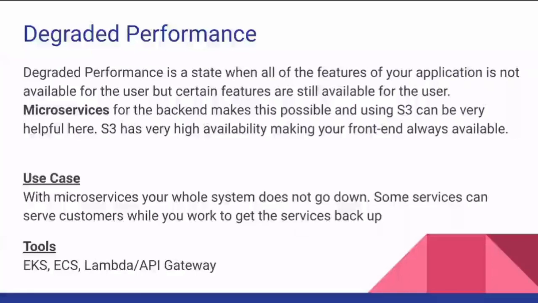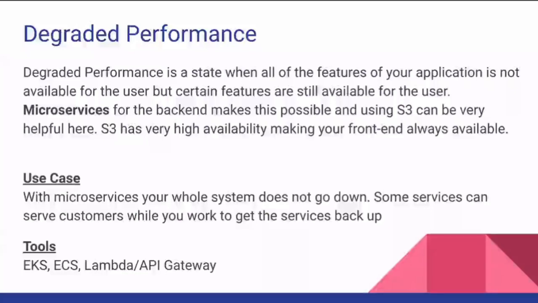Now for the AWS tools that you can use to implement microservices, you have EKS, which is the AWS version of Kubernetes. Kubernetes helps you to deploy, manage, and orchestrate containers in a microservice architecture. You have AWS ECS, which is AWS Elastic Container Service, which contains Fargate for serverless and also normal EC2 instances. And then you have the serverless Lambda/API Gateway integration, which can also be used to build microservices and make each particular component of your system a single service of its own,